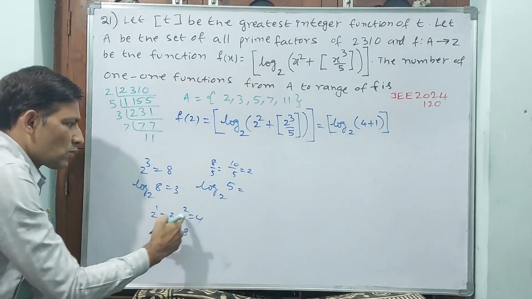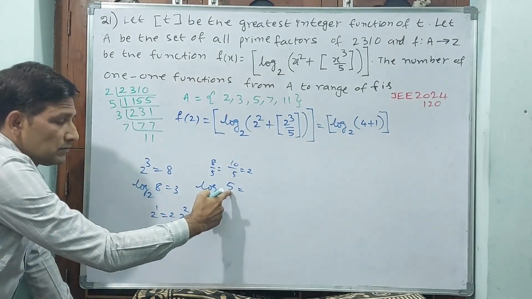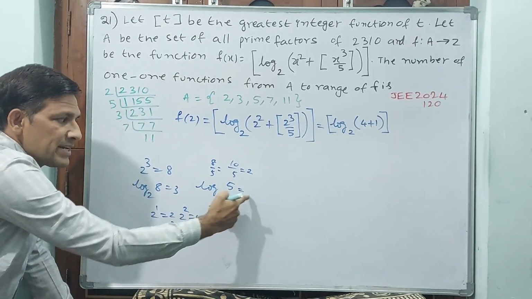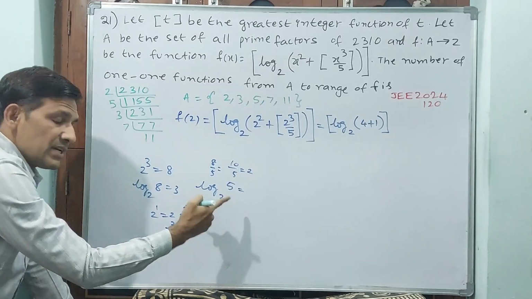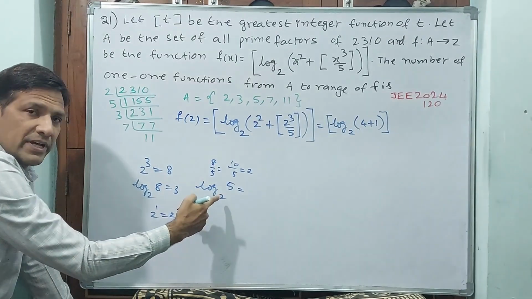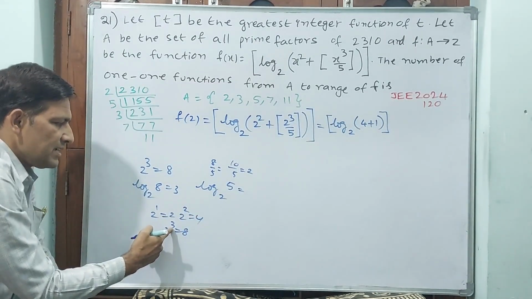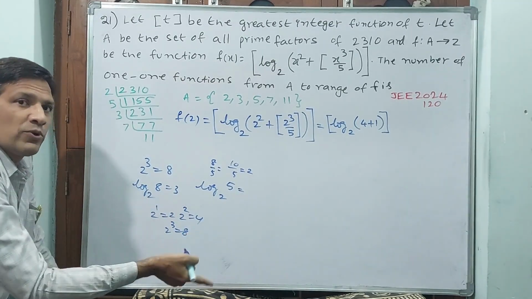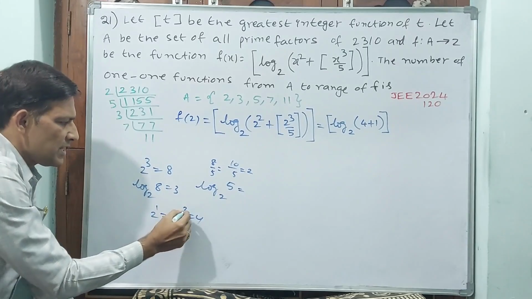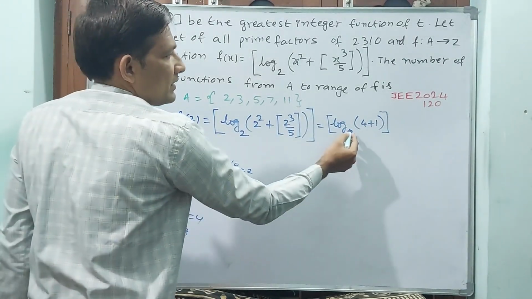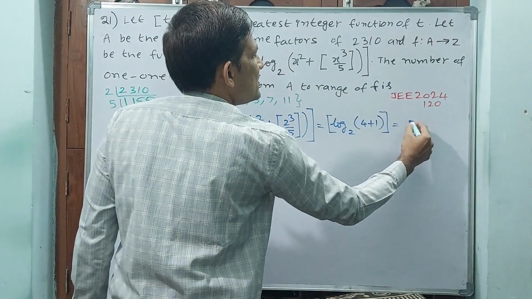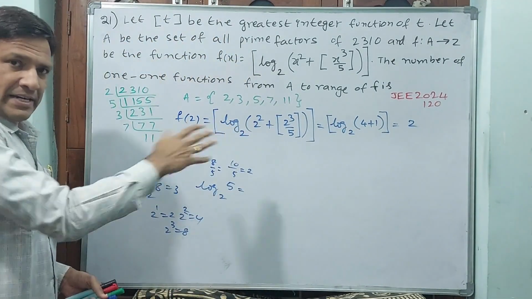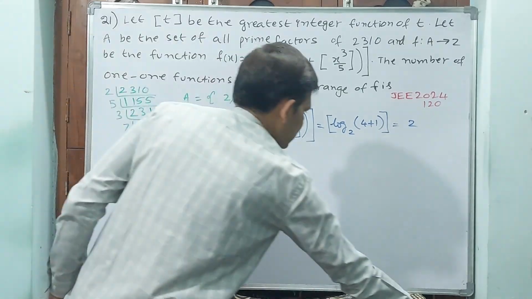Here 2 power 2 is equal to 4. But 4 is not there, greater than 4 is there. But 2 power 3 is equal to 8, 8 is not there. That means less than 8 and greater than 4 is there. Then less than 3 and greater than 2 you have to take. Greater than 2, even if you take, 2 only is going to come. That means here 2 is your answer. This answer is 2 directly. Here you have to write it directly, because you need not calculate this, because of the greatest integer function.